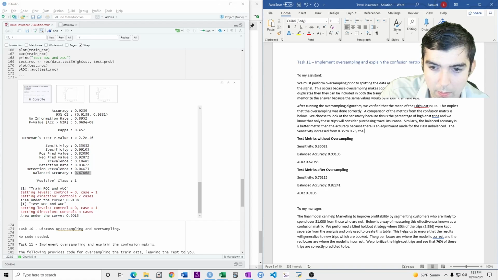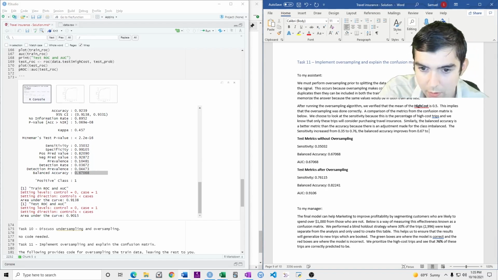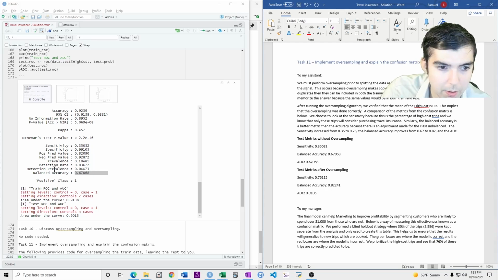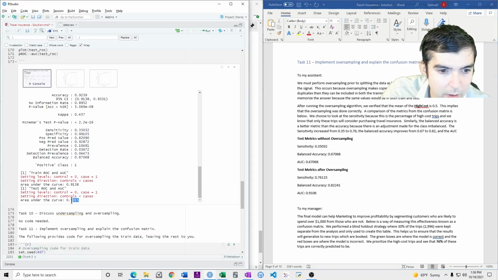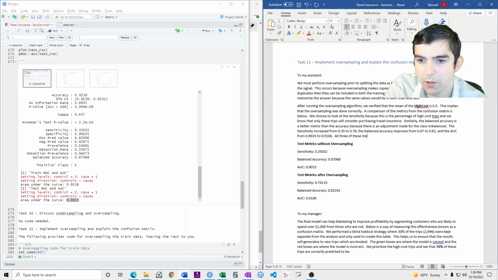The balanced accuracy improves, actually, that's not right, it's at 0.67. That makes more sense. 0.67 to 0.82. All three of these metrics range from 0 to 1, where 1 is the highest.